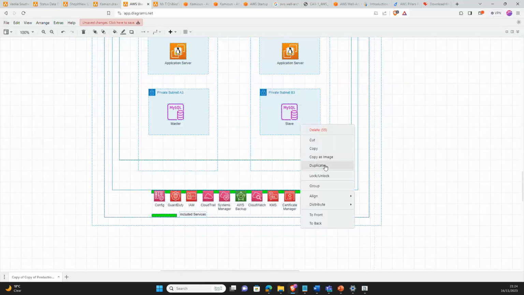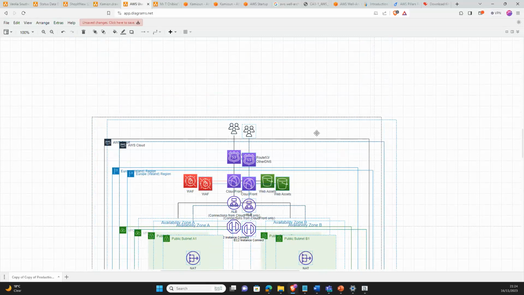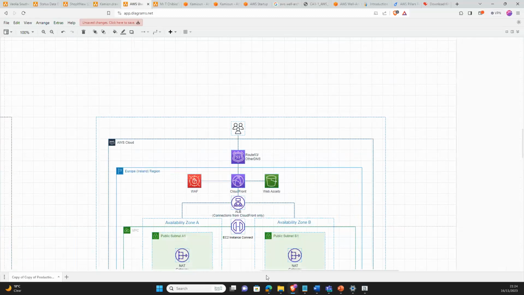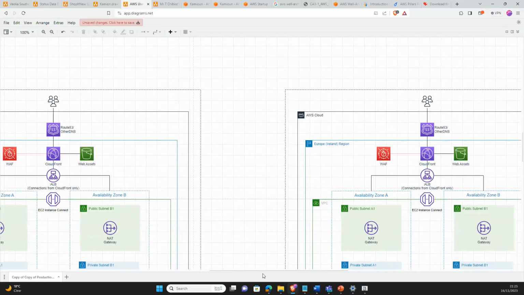So we're just going to duplicate the environment and move it to this other side. Let's say this is the Africa region.